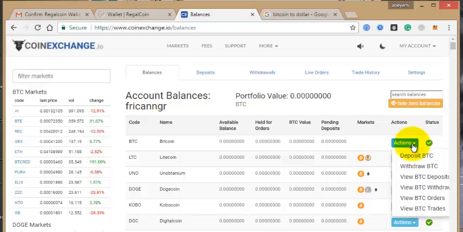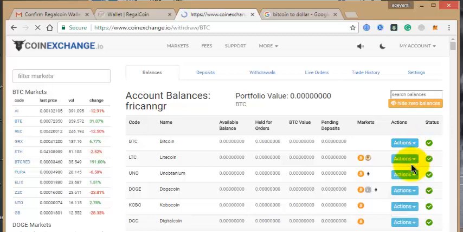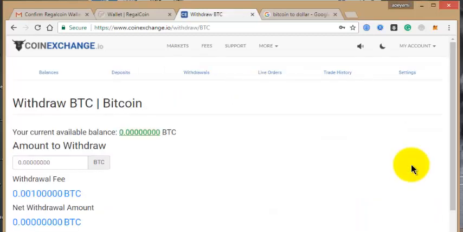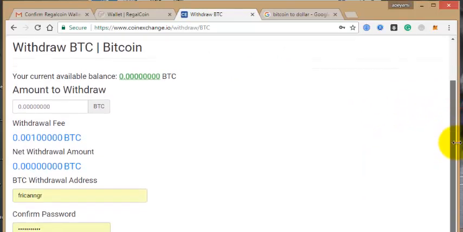You click on balances, then withdraw BTC. Your Bitcoin blockchain wallet address, you copy it here, you paste it here. The amount that you want to withdraw, you put it here. This is their fee, so everything you are going to pay.